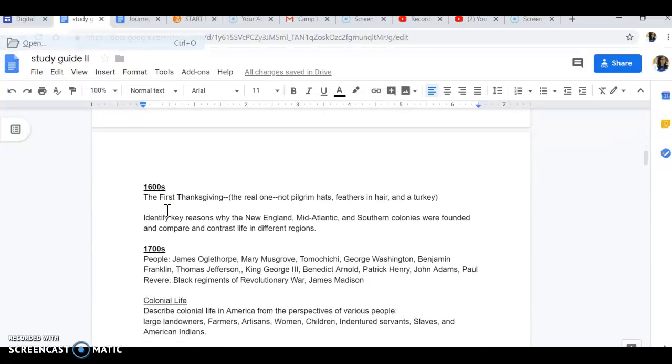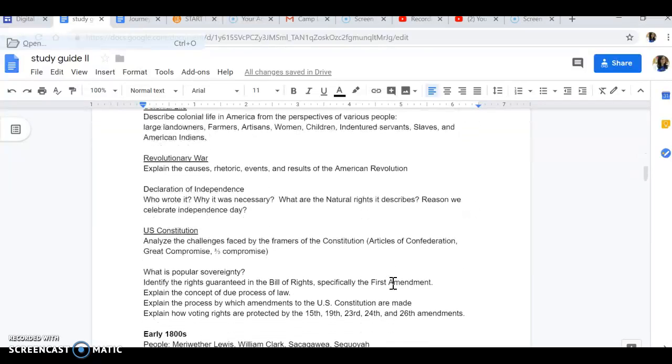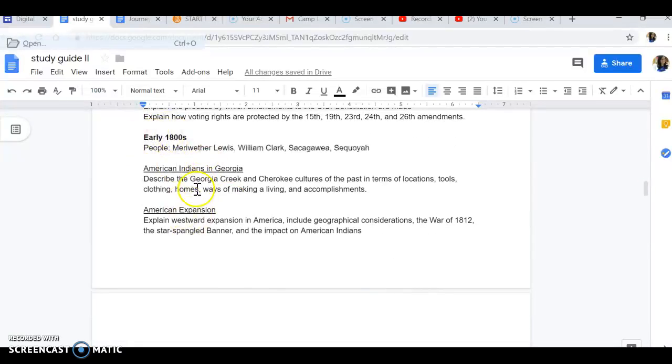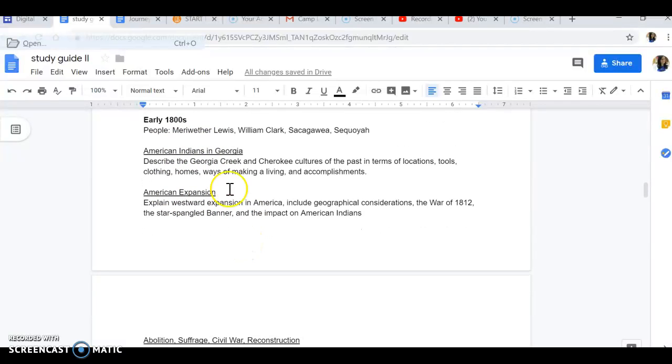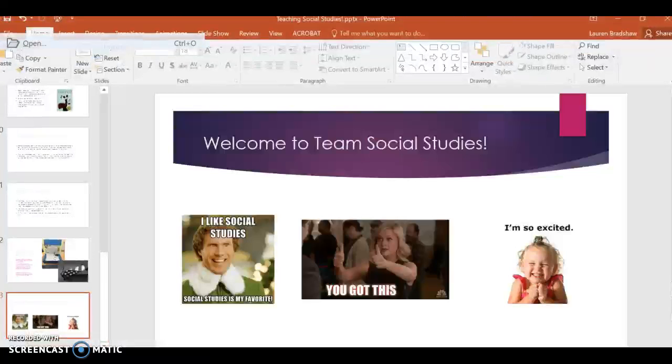Because, you know, as you go through, you'll have a lot of people that you need to identify. The people is probably going to be the most challenging part, but look for this century, look in the topics that are being explored so that you can see how they all interact, because I have it organized that way. Okay, so